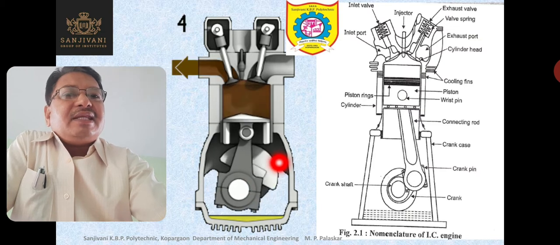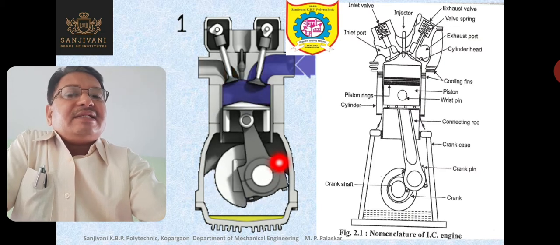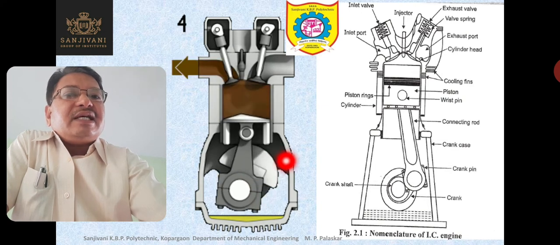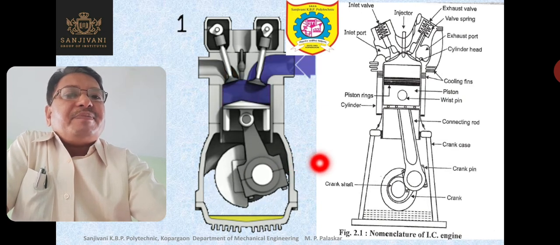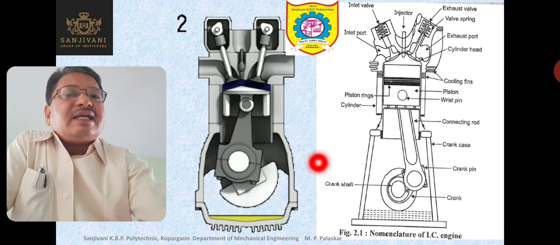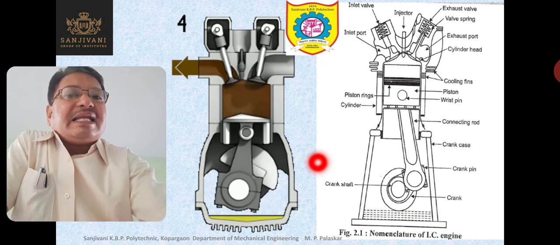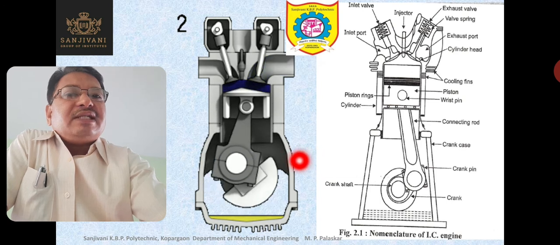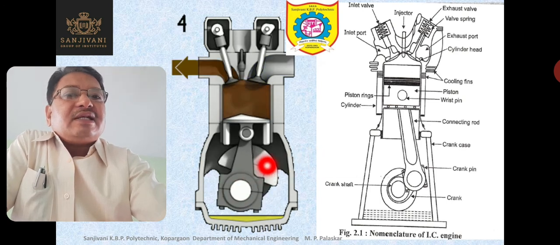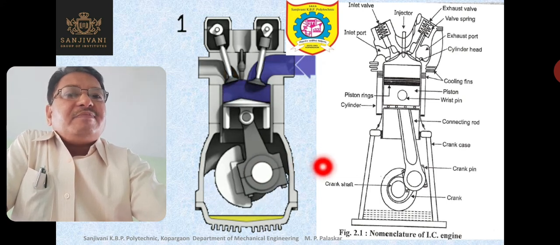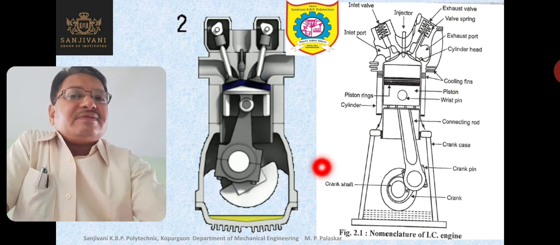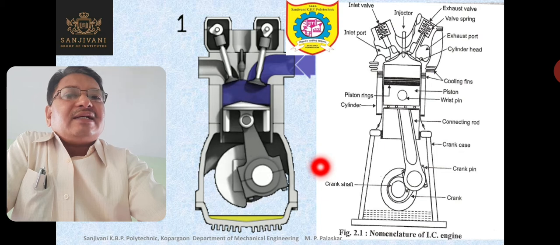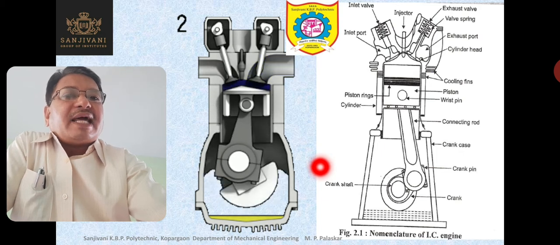What is the crank pin? Crank pin is the connection between the crank and the connecting rod. So this connection is also a hinge joint or a pin joint. So again there is a turning pair between the crank and the connecting rod. So you can see this semicircular body here. This semicircular body is nothing but the counterweight which is used for balancing the motion of the crank. So it is on the opposite side of the crank.